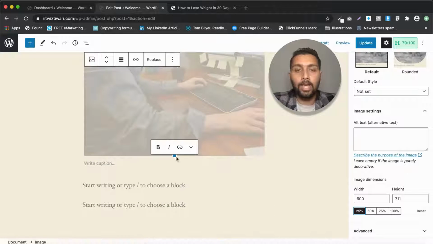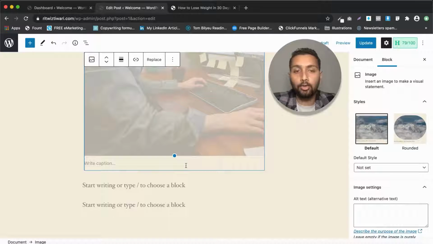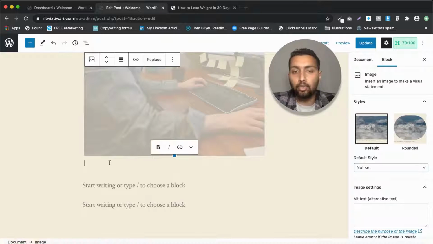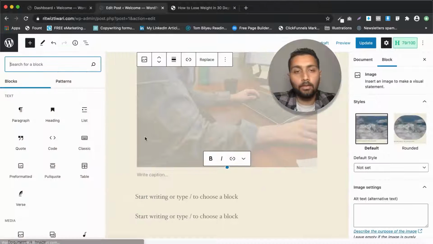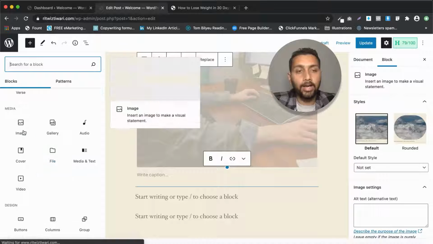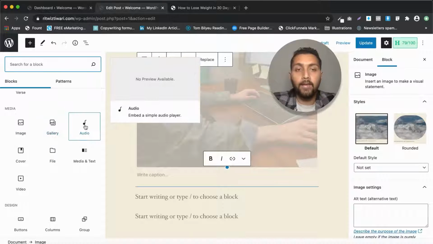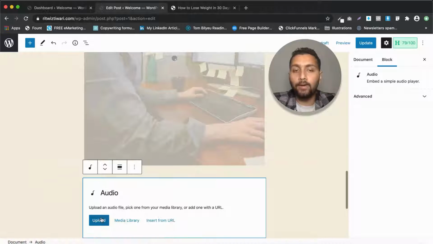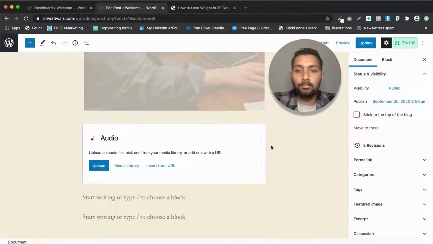Okay, so till the time it loads up, let's go ahead and add another block, and understand what all media blocks you have. You can also add captions to your images, by the way. Okay, so clicking on the plus button, you can see here that as I added one image, you can add a gallery of images. You can try that out. Then if you want to add an audio file, you can simply click on this audio block and upload the audio file, and it will open up just like a podcast does. All right, so you can try that out as well. I'm going to delete this block for now.